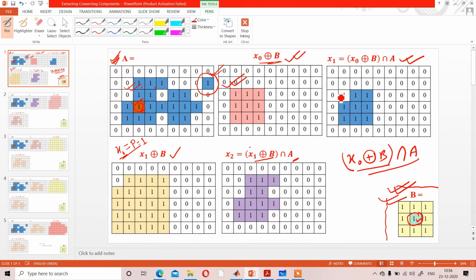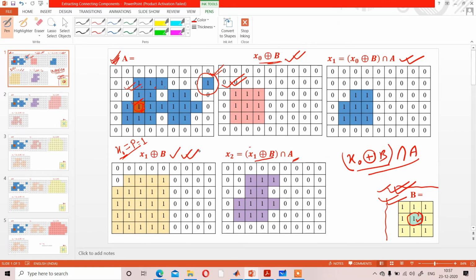Over those pixels, keep in mind, that will not be 1. So over those pixels, you have to do the dilation.